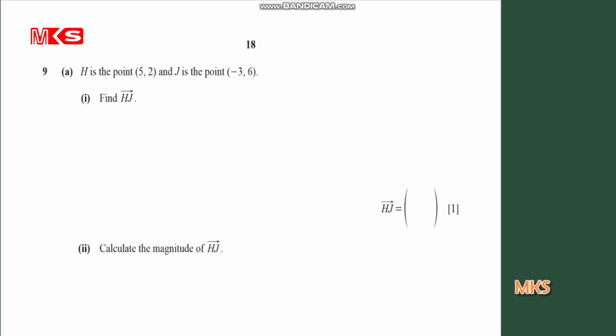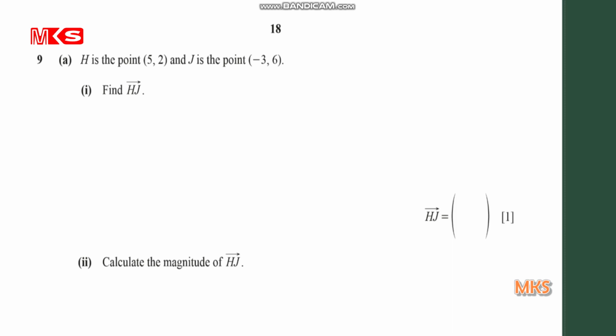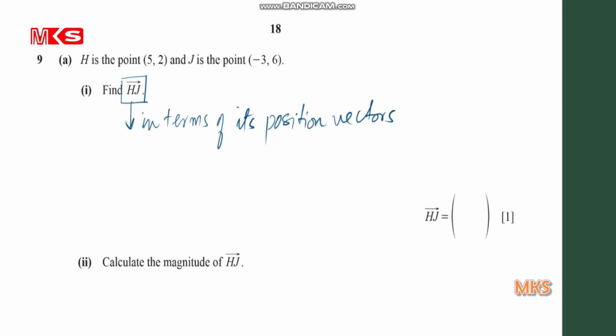Question number 9. H is the point (5, 2) and J is the point (-3, 6). The coordinates of the points H and J are given. The first part of part A is to find the vector HJ. Express HJ in terms of its position vectors. A given vector in terms of its position vectors,